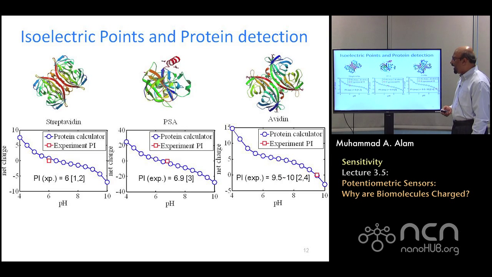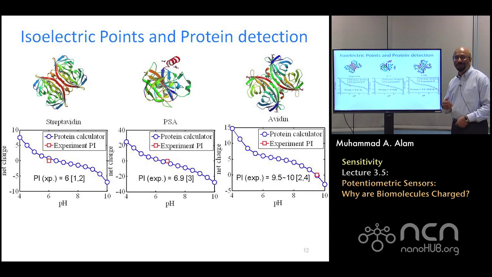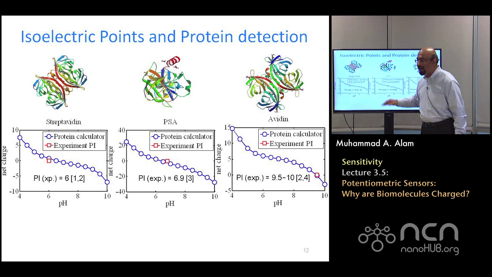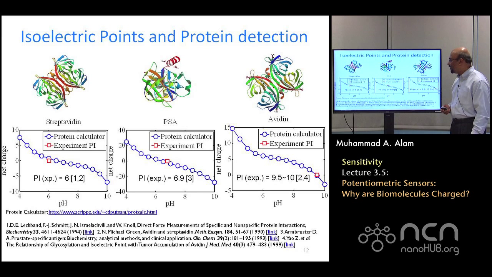And in fact, this type of calculation is pretty accurate. The blue lines are for different types of sensors or different types of proteins. You will be doing it as a homework. You will go to the Protein Data Bank, download the structure, write a little code, and that code will also be provided, and you will be able to essentially calculate this pH-specific charge for each one of the biomolecules. And if you just go and compare with experiment, you'll find the experiment to be surprisingly close, because these quantities have been calculated over a long period of time.